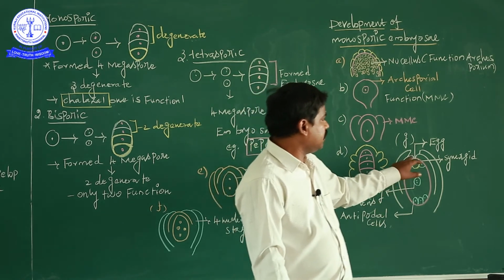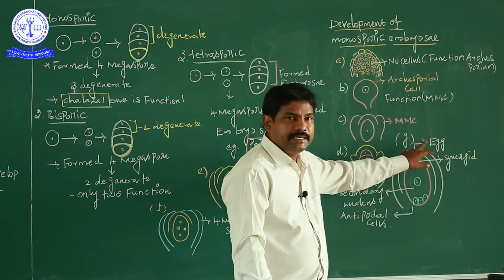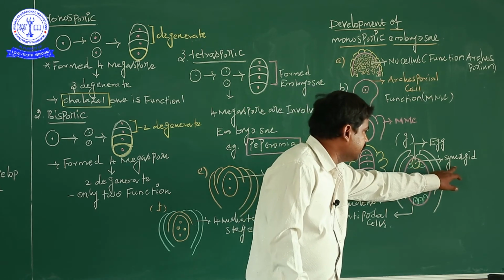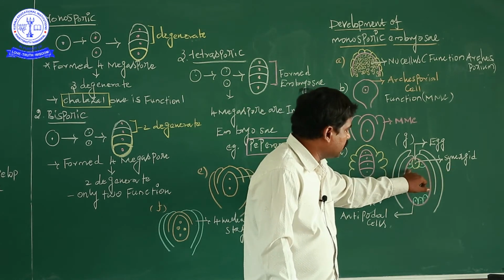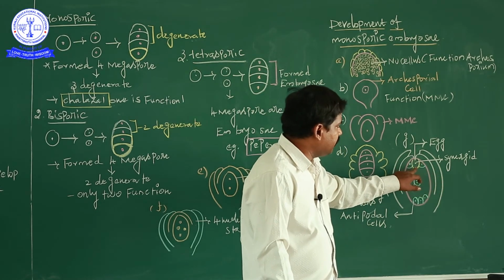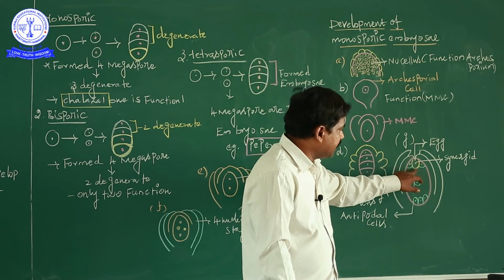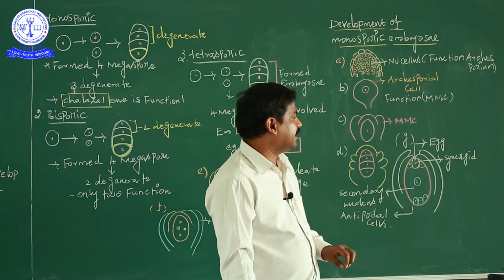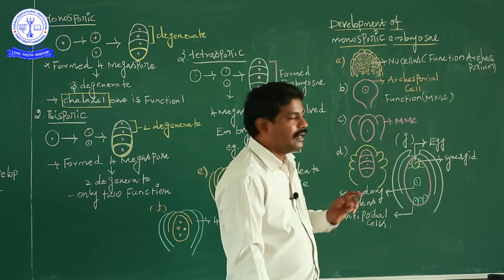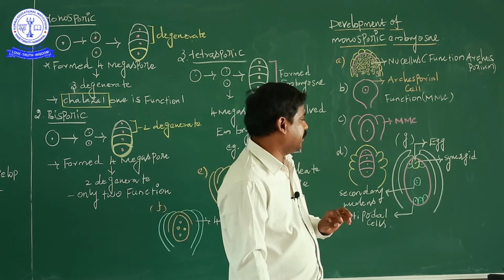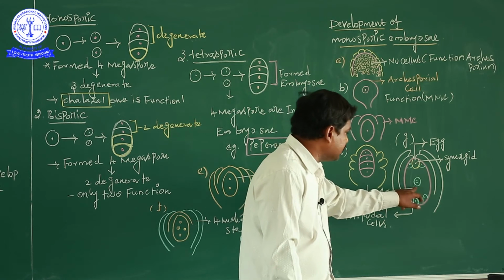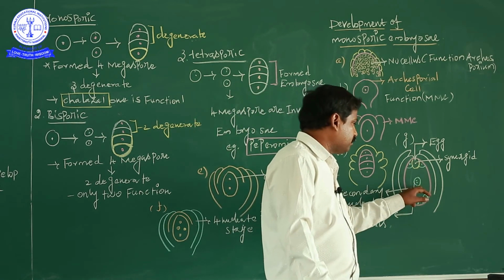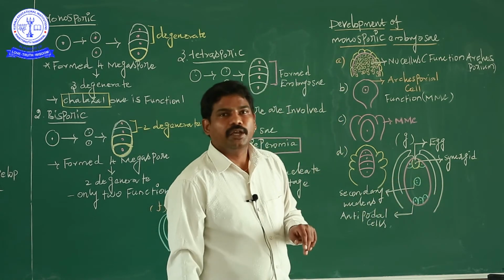The egg is in the embryo sac, and the egg is large. The two synergids are present beside the egg cell. The egg cell is the large one. Together, the egg cell and synergids are called the egg apparatus. The center particle is called the secondary nucleus. The two nuclei present in between form the endosperm.